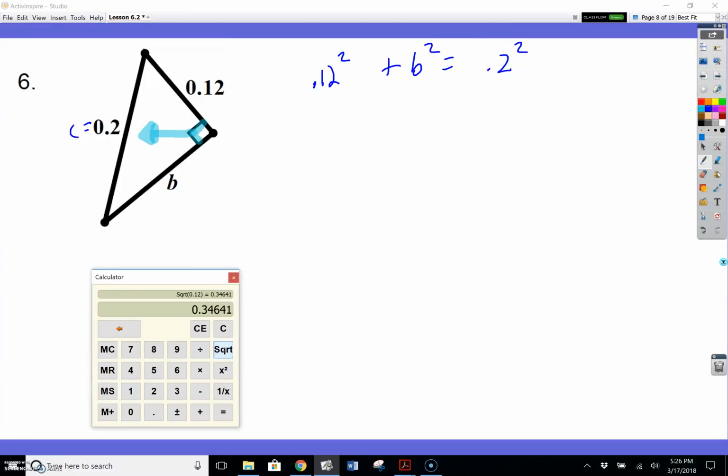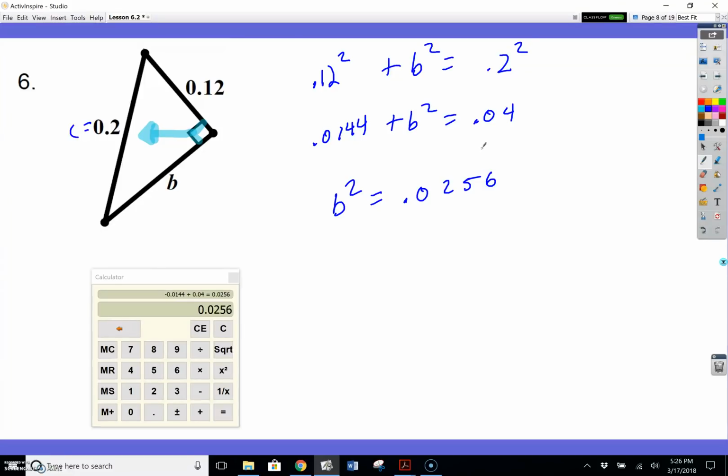12 hundredths to the second power is 0.0144 plus b squared is equal to 0.04. So then I'm going to subtract 0.04 on both sides. Excuse me, subtract 0.0144. And that's going to give me an answer of b squared equals